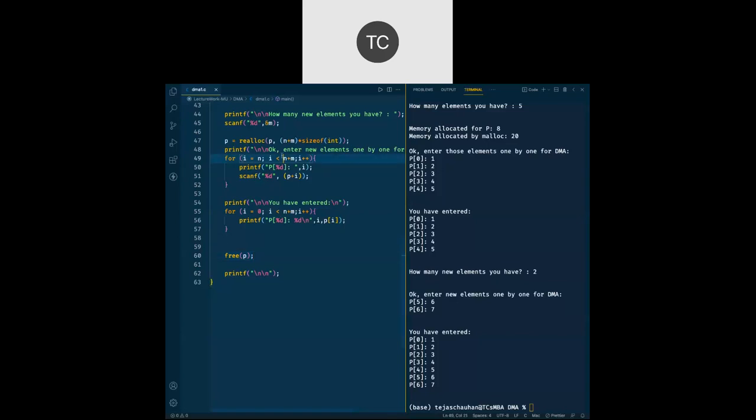In this for loop, if I put the equals to sign in my code, it is going to ask you for p of 7 also. The loop will run 3 times in the output. If I put equals to, the loop will run one more time. Then it will ask me for a third value here: p of 5, p of 6, p of 7.